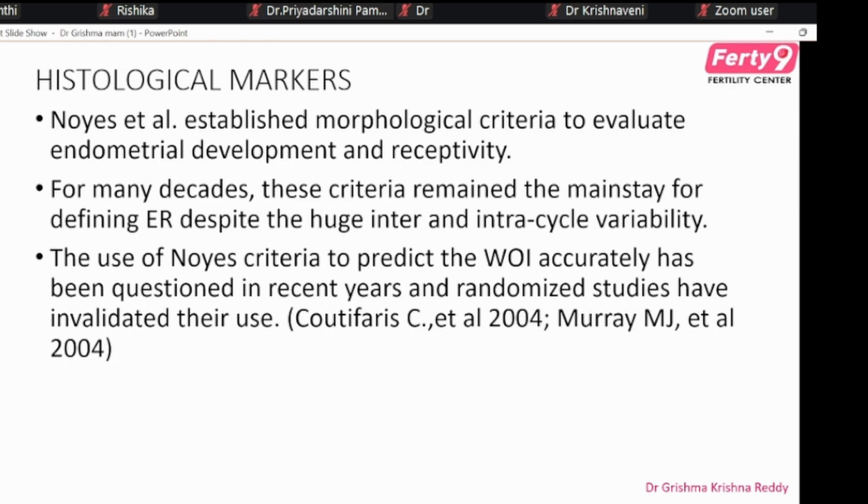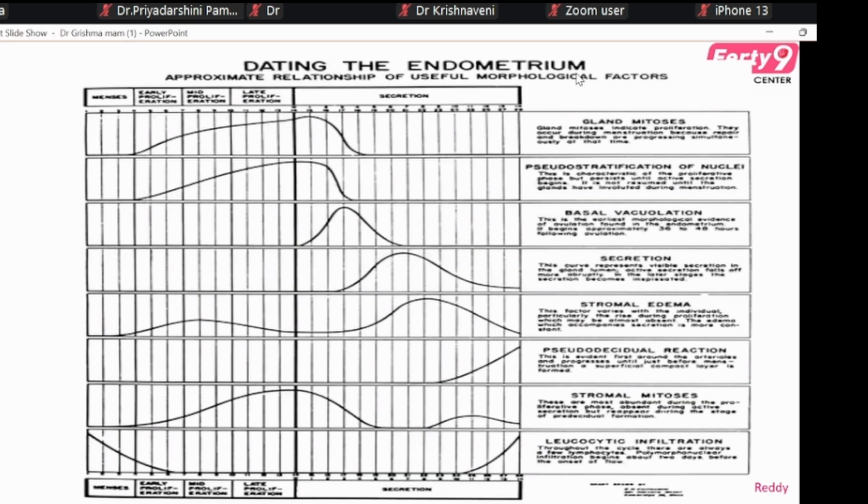For many decades, this remained the mainstay. The use of Noyes criteria to predict the window of implantation accurately has been questioned because it is a very tedious thing, like dating the endometrium based on nuclei, vacuolation, secretion, gland mitosis. So all,